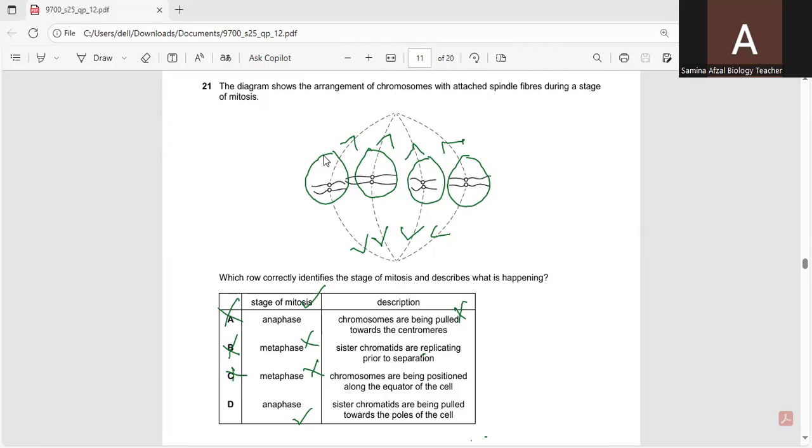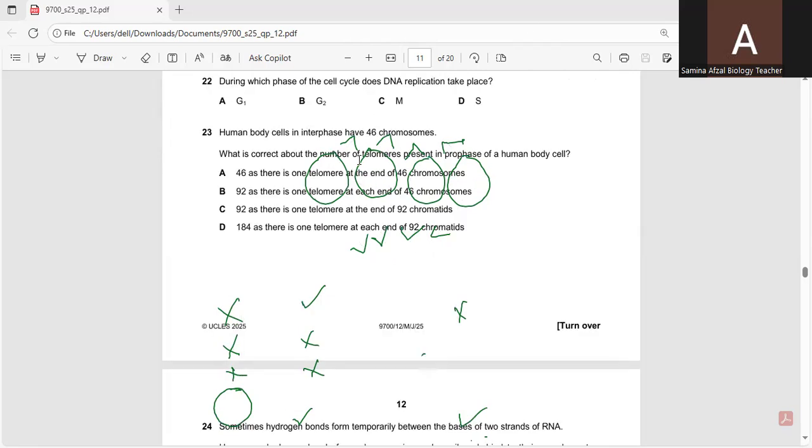Sister chromatids are being pulled towards the poles of the cell. Yes, they are moving towards the opposite poles. So this statement or description is correct. So D is the correct answer. Next question is,